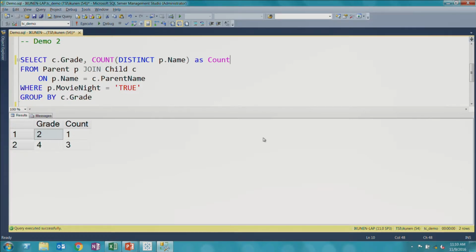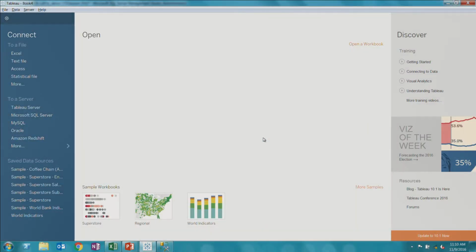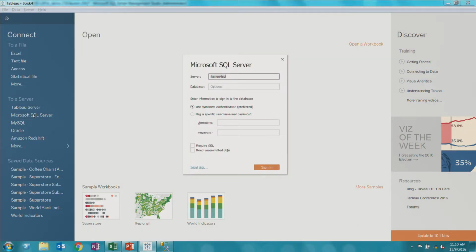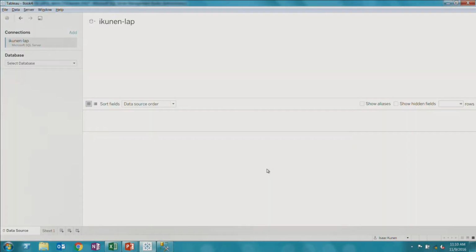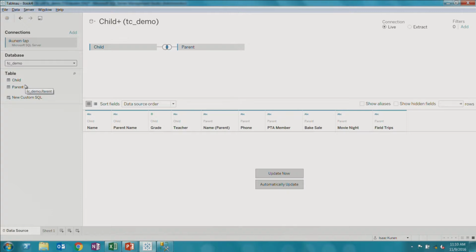Now, I also want to show you how this works in Tableau. All right, so I said this is what Tableau does. Let's see it in Tableau. So here's Tableau. All right, I'm going to connect to my SQL Server instance. It's just here on my laptop. I'm going to pull up my demo database, and you'll see it has exactly those two tables. I'm going to drag them in. I'll just double-click to bring them in. And we join them up. Children join to parents, and I say update now, and I get no rows. Anyone want to hazard a guess what happened?